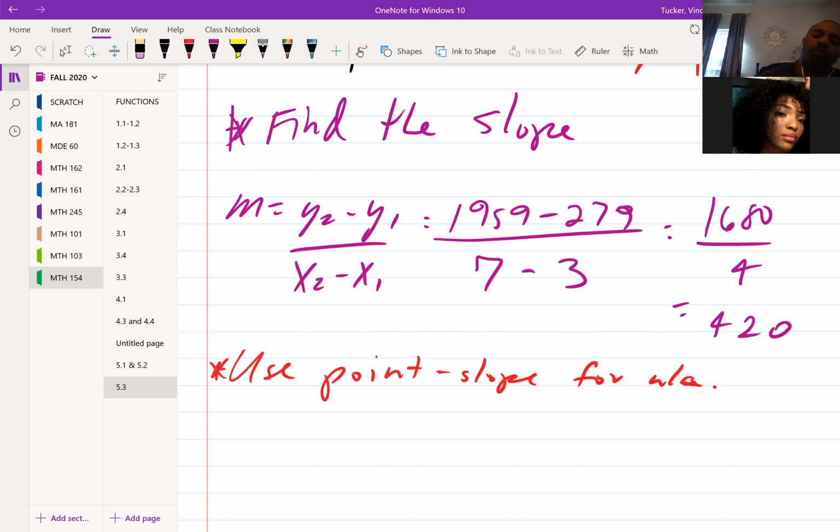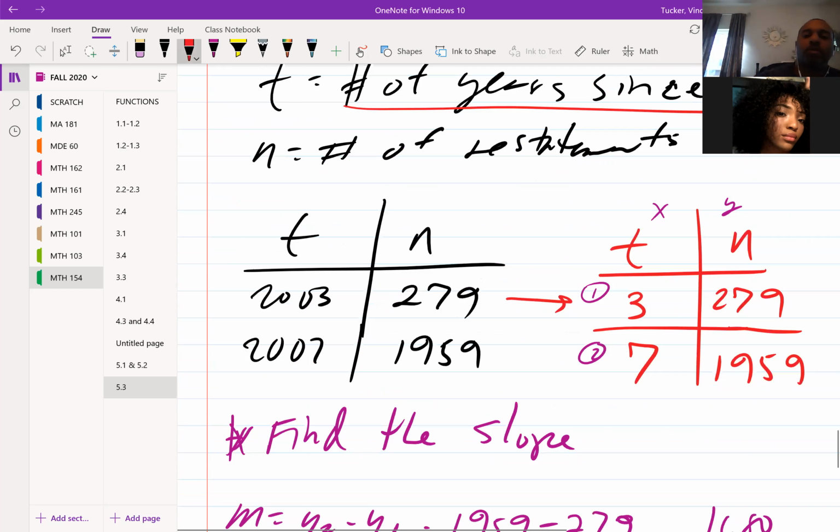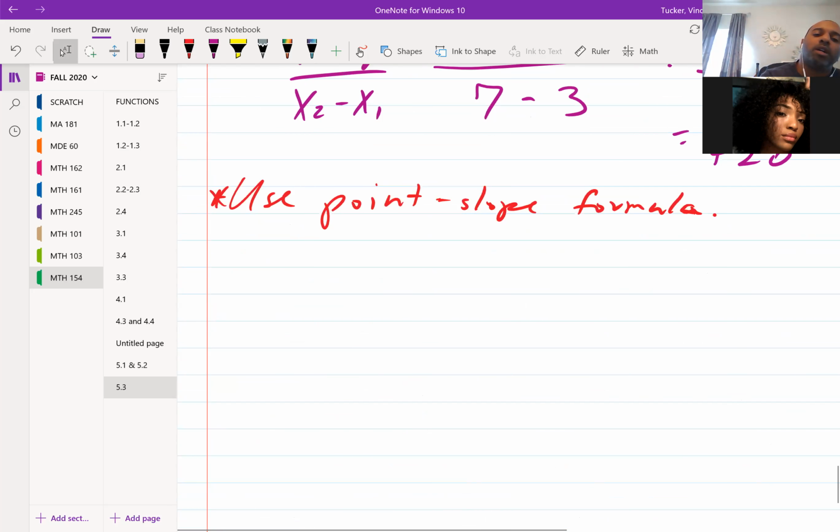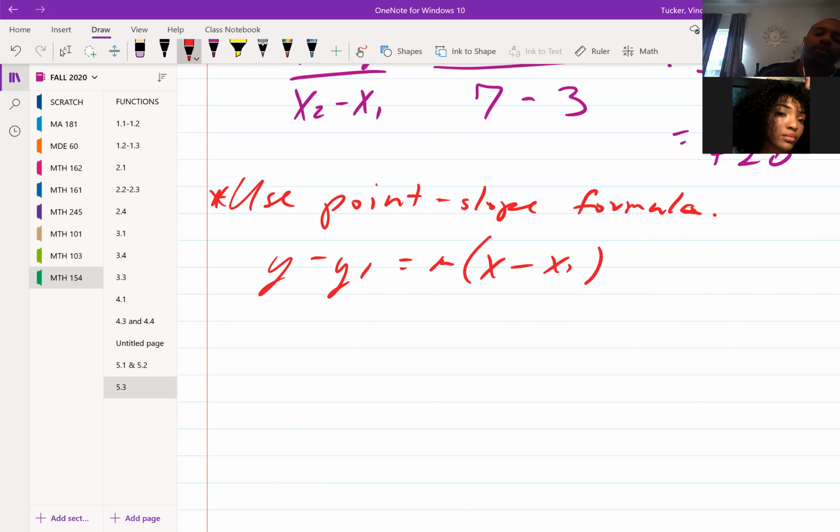So next we'll use the point-slope formula. Let me see if I wrote that right in my last class. Yeah, I did. Okay, cool. Make sure I wrote down the right name of the formula. Anyway, so that's going to be y minus y1 equal to m times x minus x1, wherein m is our slope,